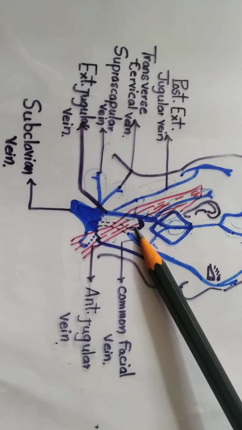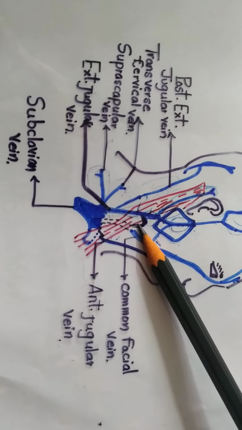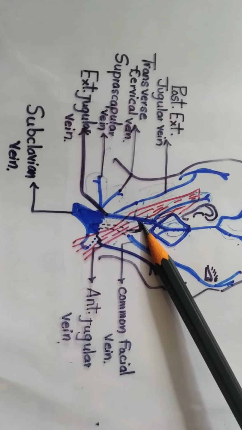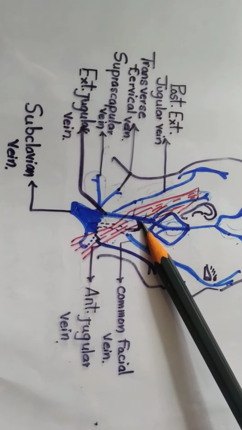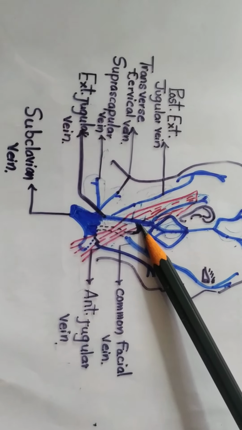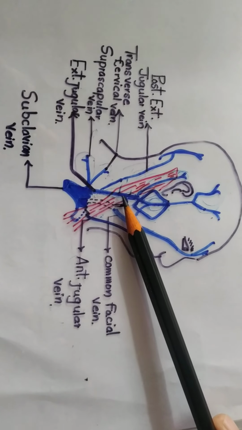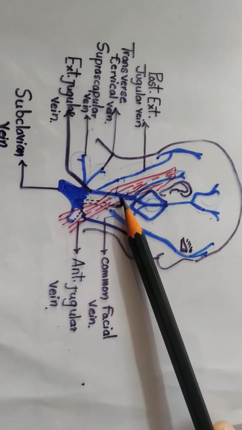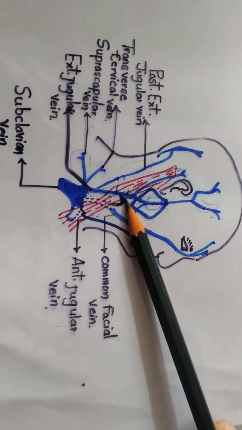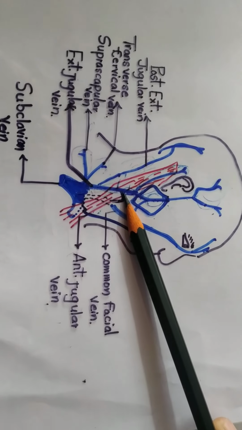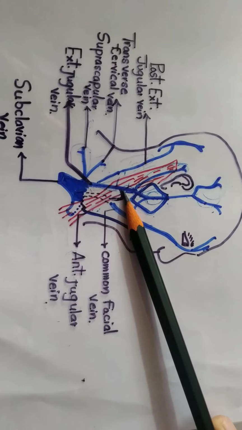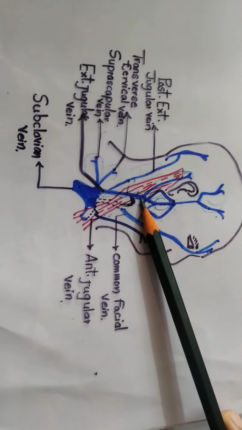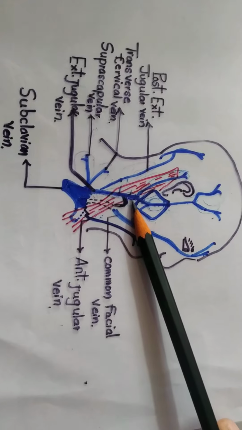Oblique jugular vein connects the external jugular vein and internal jugular vein at the anterior border of the sternocleidomastoid muscle. The external jugular vein is examined to assess the venous pressure, because the right atrial pressure is directly reflected in the external jugular vein. External jugular vein doesn't have any valves in its entire course.